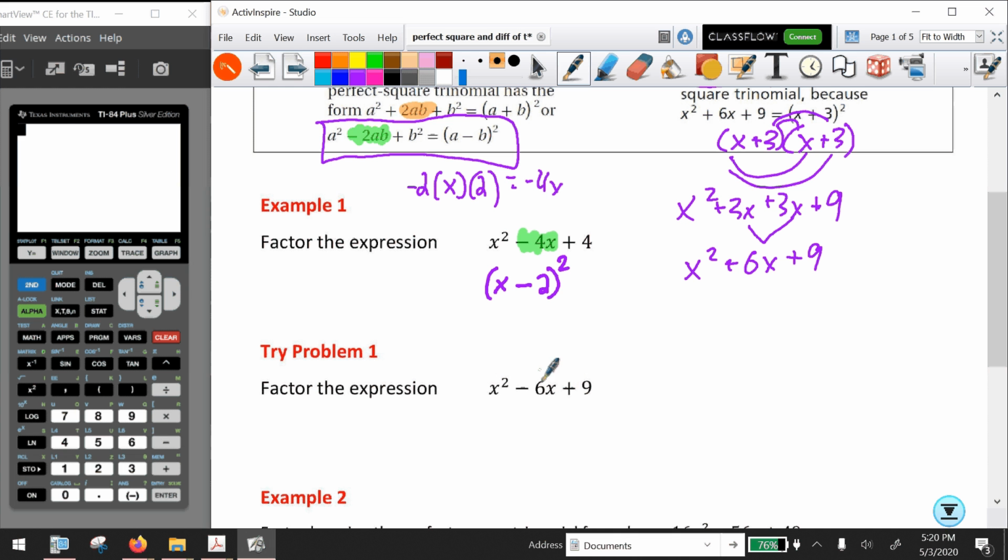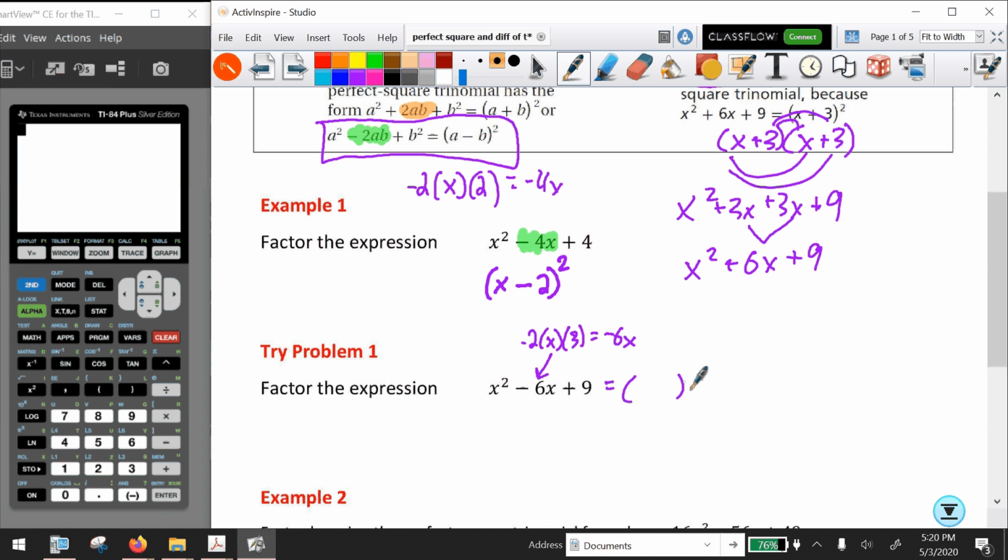We do have a perfect square trinomial, and the reason is because this middle term here is -2 multiplied by the square root of this multiplied by the square root of this. -2 times the square root of x squared, which is x, times the square root of 9, which is 3, is equal to -6x, and that's what we have in the middle. So this checks out. It's a perfect square trinomial, and if it is, it can very easily be factored as